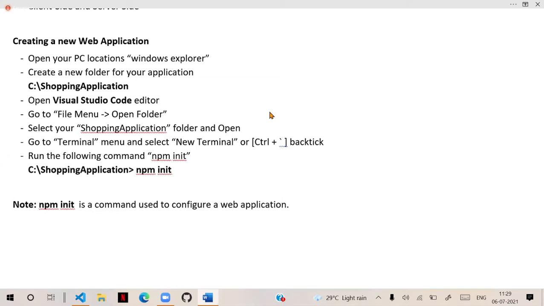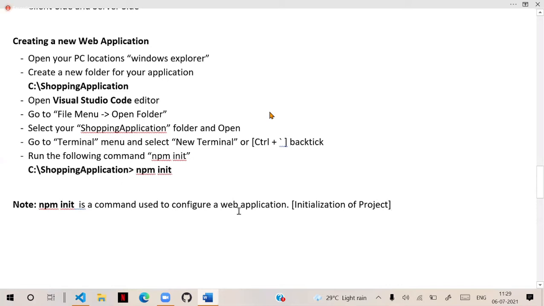So that means it is initialization of project. That means it is initializing the project. It is a command used to configure the web application, initialization of project. I will show you that here.